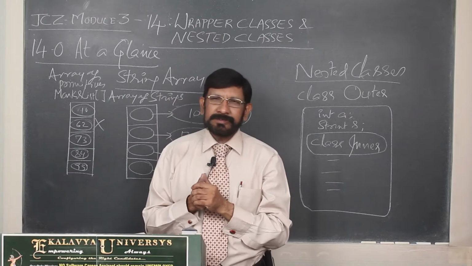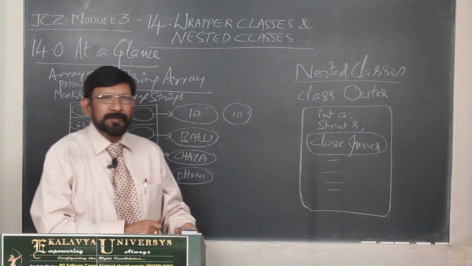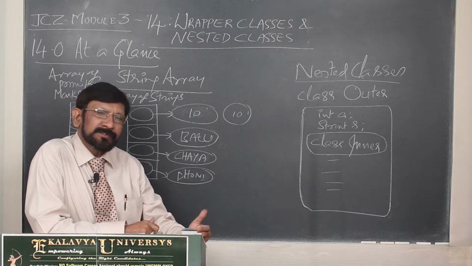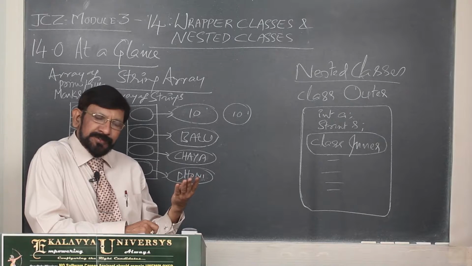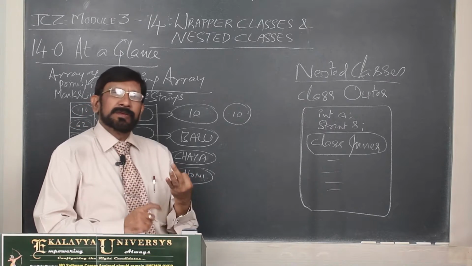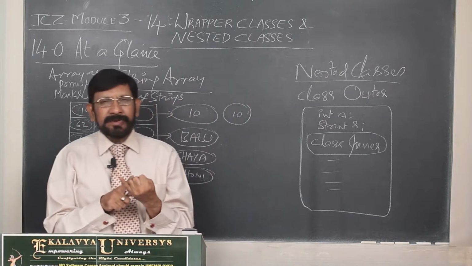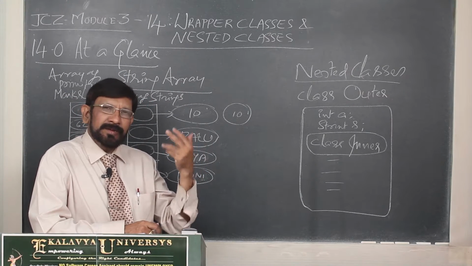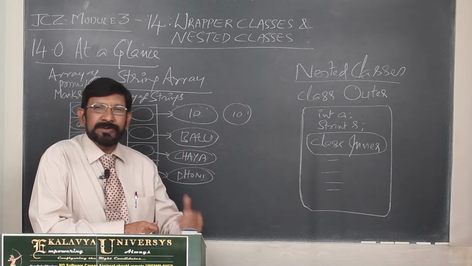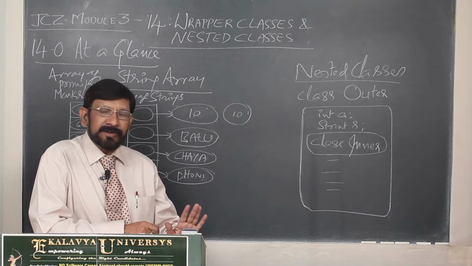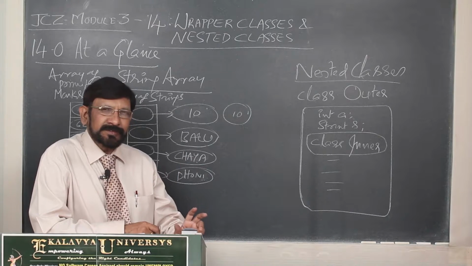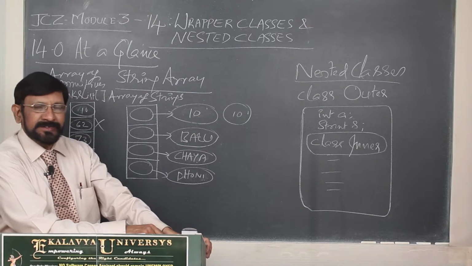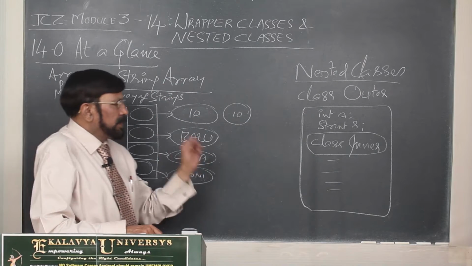Thereafter, nested classes. In one of the previous chapters, I explained about the list of elements in a class definition. They are instance variables, instance methods, static variables, static methods, constructors, instance initializer blocks, static initializer blocks, and nested classes. At the time I did not explain about the nested classes. Now, this is the time, in this chapter we study about the nested classes. Just here I give a briefing.